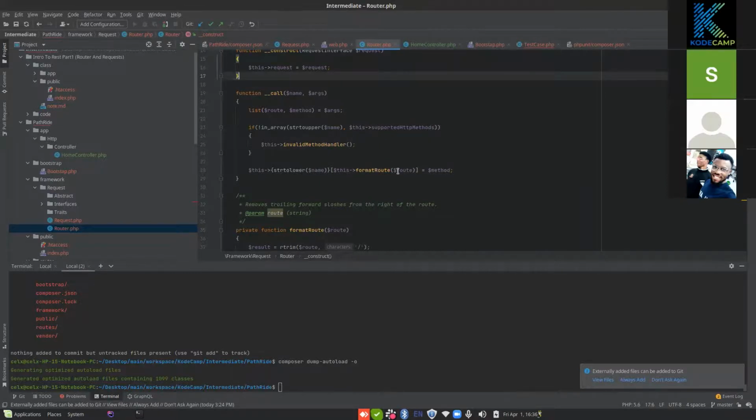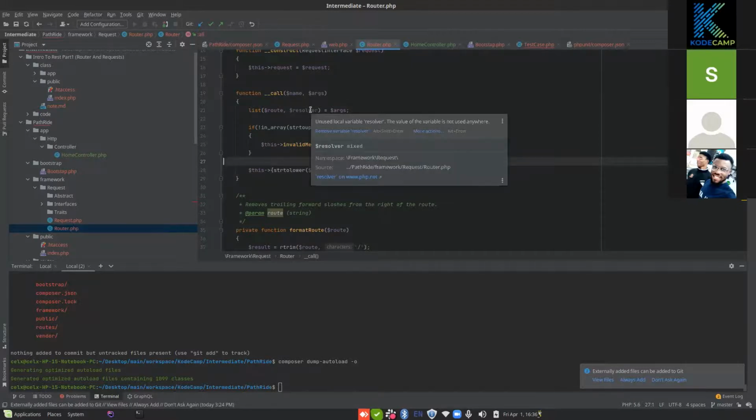resolve this based on whatever is being returned. For example, let me just call this resolver. The resolver can be either a method or whatever it is. All right. In this case, if resolver